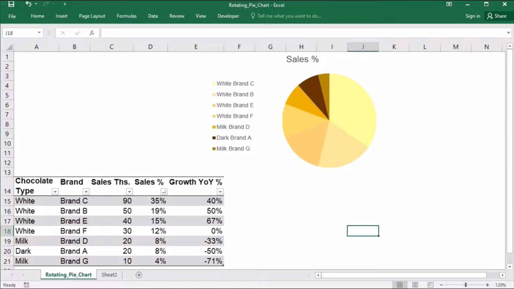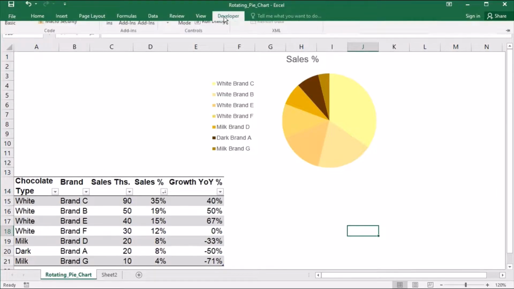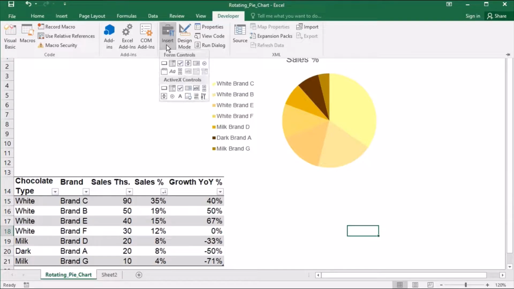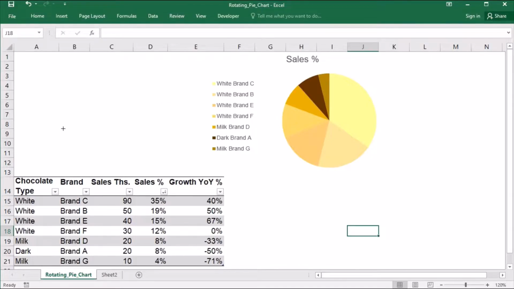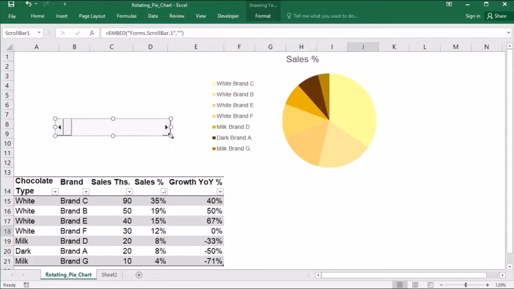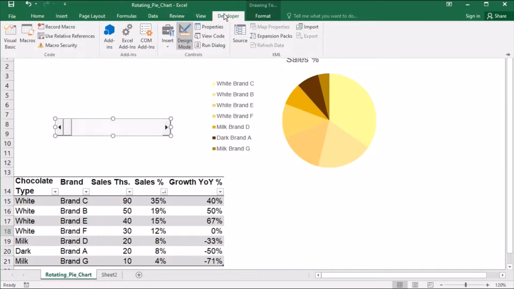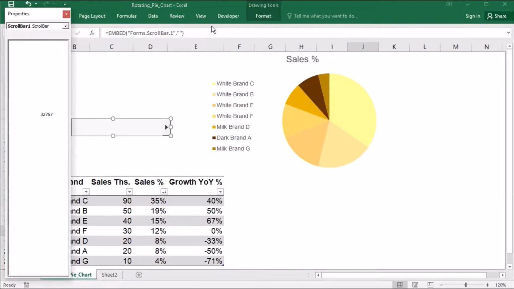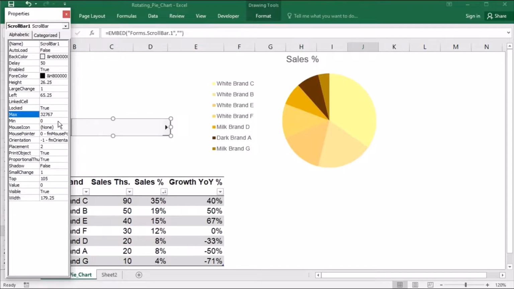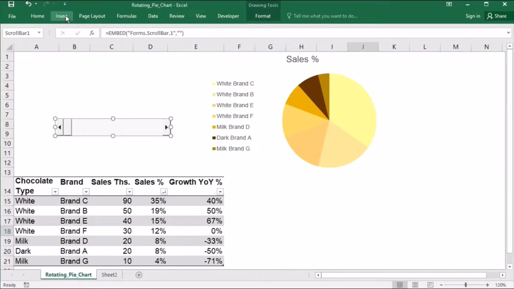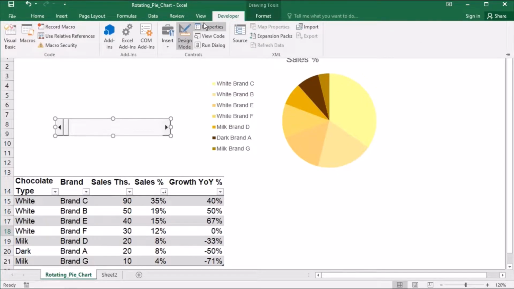I will add a scroll bar to the sheet by going to the Developer tab and under Insert, going to ActiveX Controls and choosing the scroll bar. I have to be in design mode to modify its properties, and under Properties I can set the minimum and maximum values of the scroll bar. The minimum will be at 0 and the maximum at 360, because the rotation will be from 0 to 360 degrees. Let's exit design mode